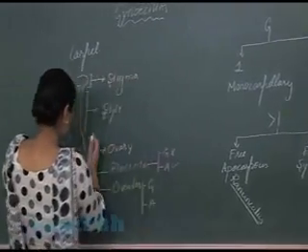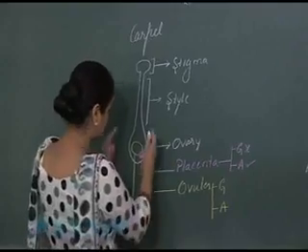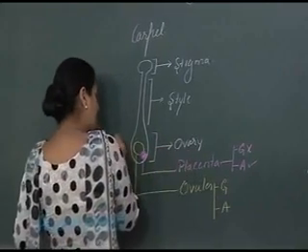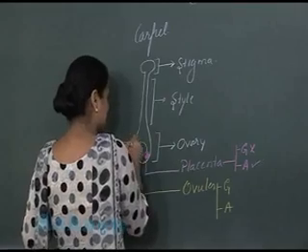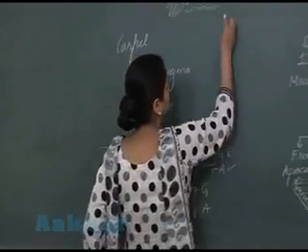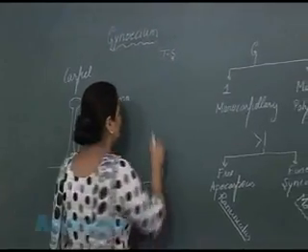Now, which is this part of the carpel? This part is the ovary. If we cut a section, that is the transverse section, of the ovary,